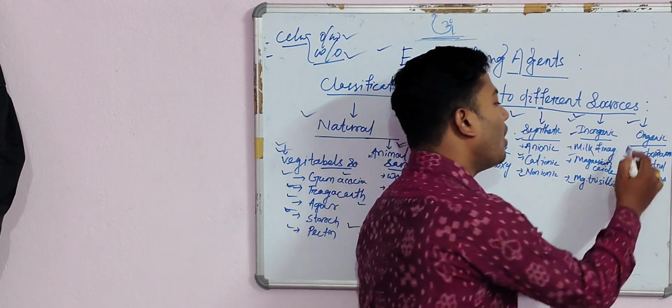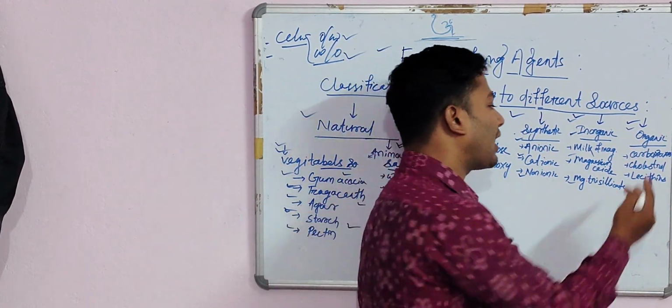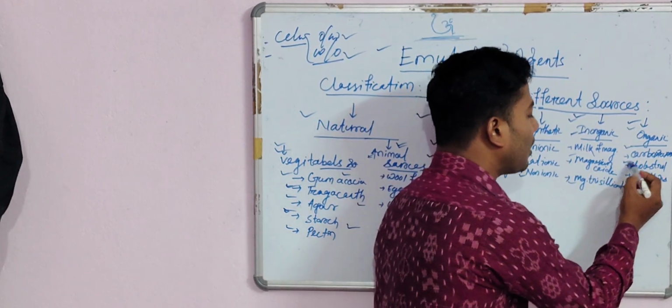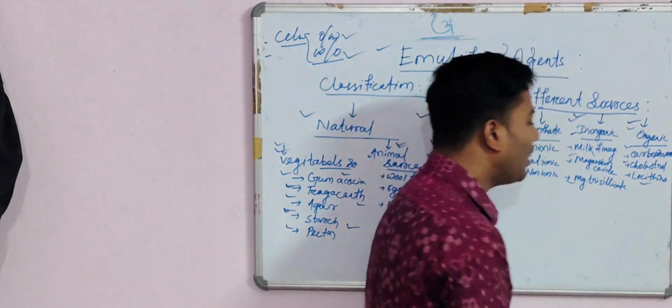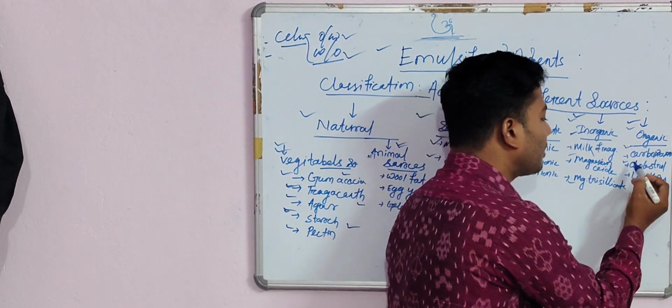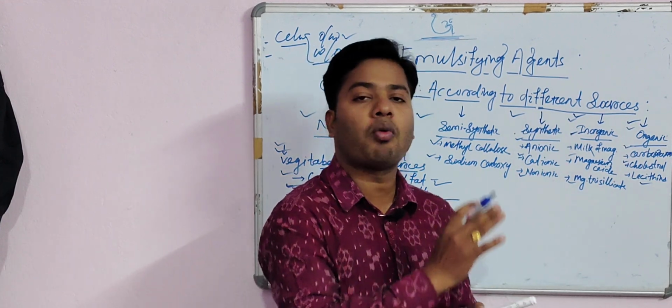And the last one is the organic sources. So which type of emulsifying agent do you have to collect from the organic sources? One is carboxyls, next is cholesterol, and third is lecithins. Cholesterol, lecithin, and carboxyls are the three most important emulsifying agents